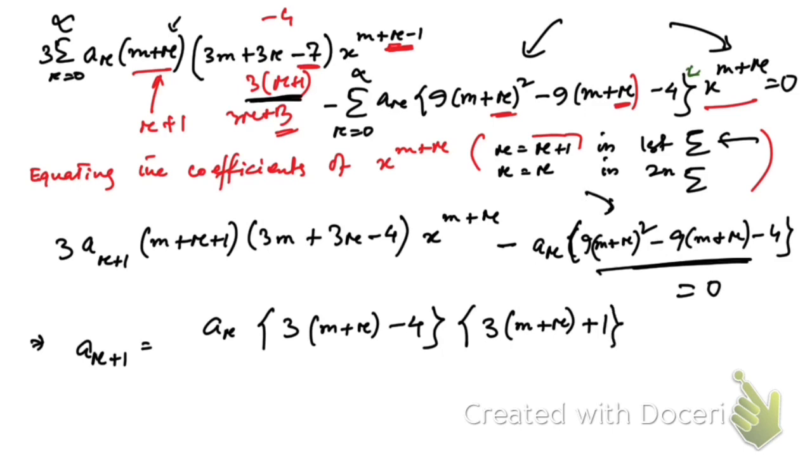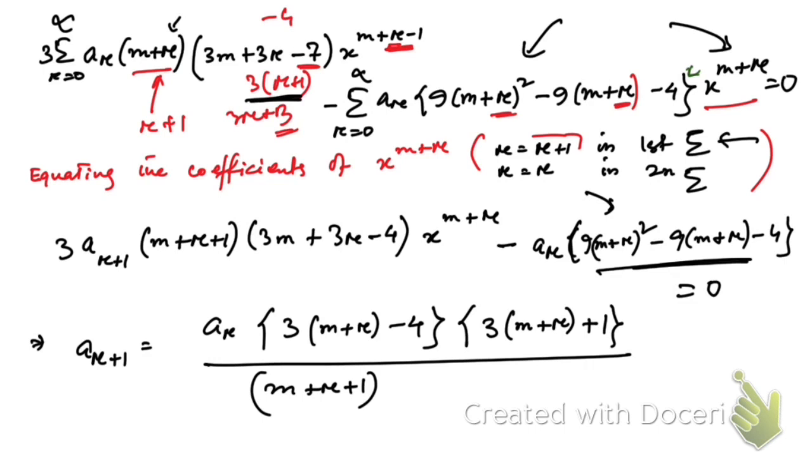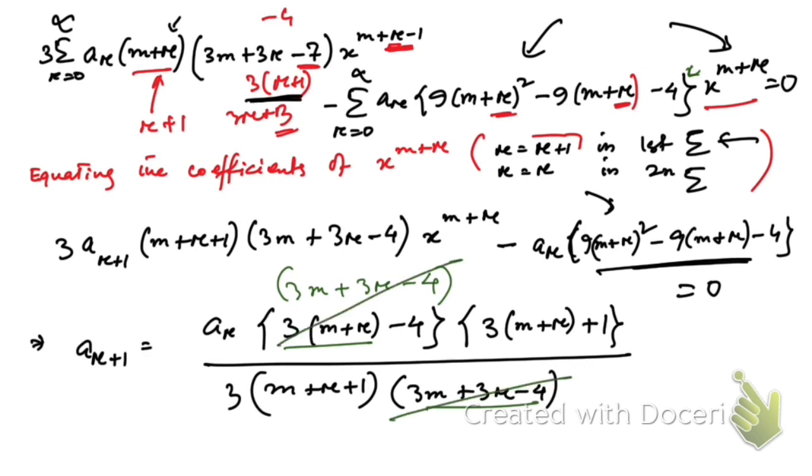Okay, so now here m plus r plus 1 and we have thrice m plus 3r minus 4. That's what we have, and also we have a 3 here. Now you see, if you multiply this 3 here, then thrice m plus thrice r minus 4, that's what you will get, and this is the same as this one, so you can cancel these two, right? Then after cancelling these two terms, what we will get,